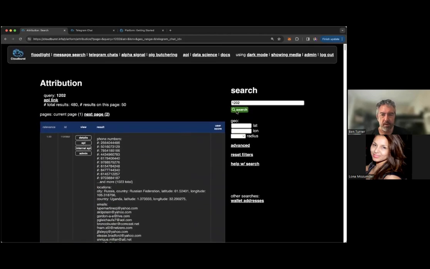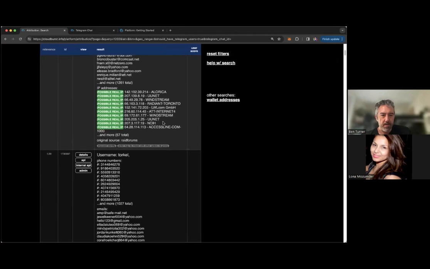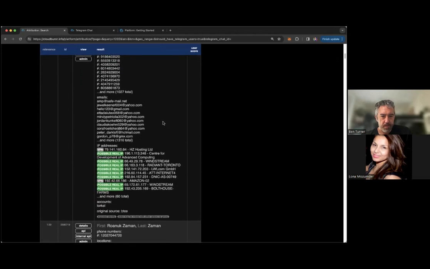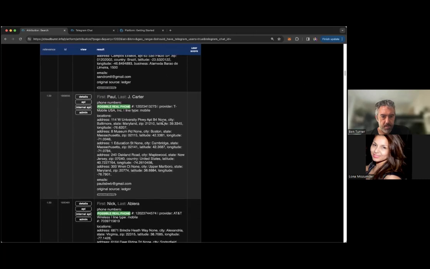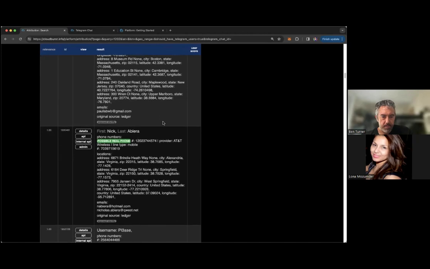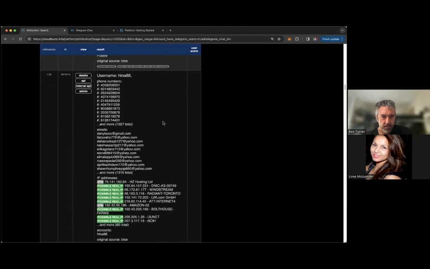Let's say we want to focus this on just people we have Telegram information for, because they're more likely to be involved with some sort of fraud. Let's see if there's a good result here. Looks like all these results have some sort of Telegram user associated with them.